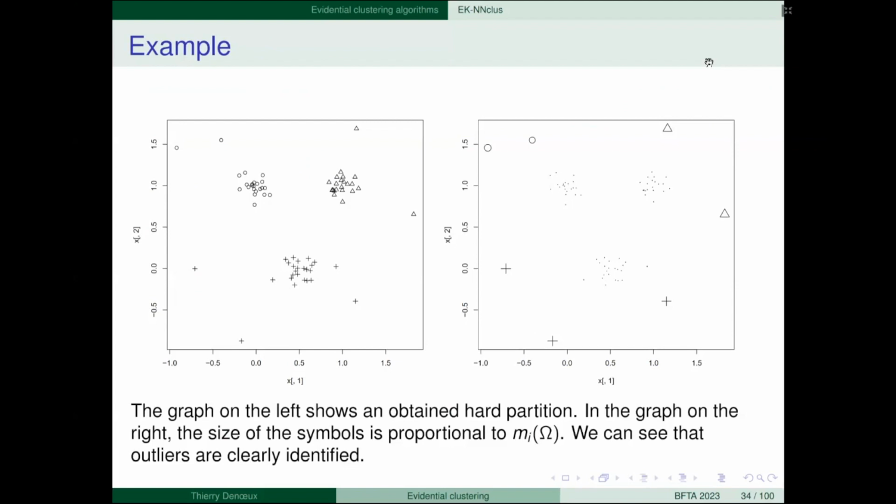And here on the right, the size of the symbols is proportional to the mass on omega. For this algorithm, it's not the same as for other algorithms I will describe later. For this algorithm, the outliers have a large mass assigned to omega.